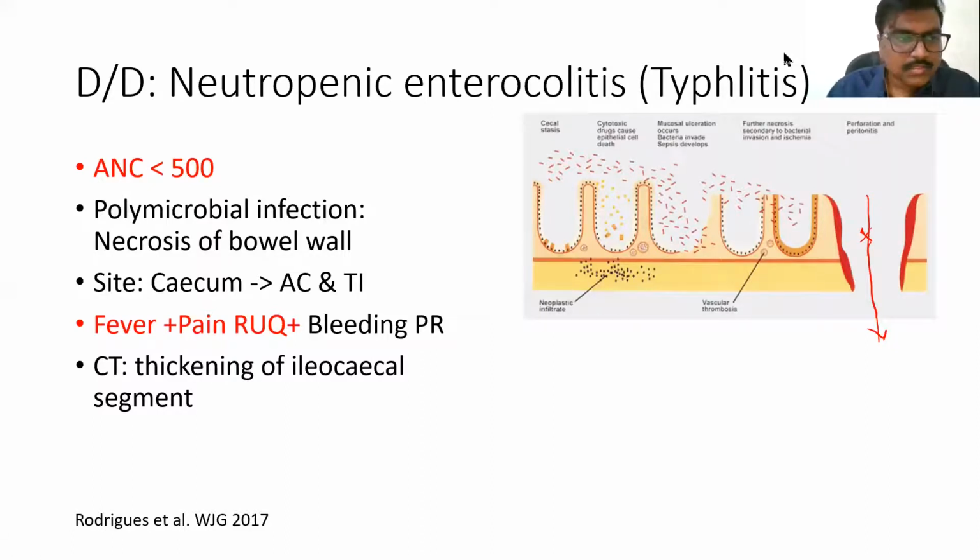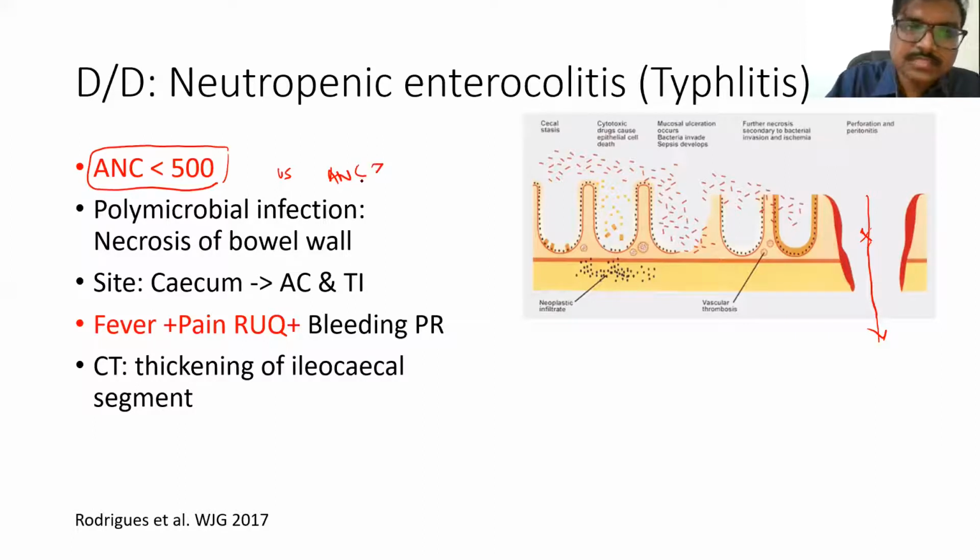So this happens in patients with neutropenia, as the name suggests. So ANC should be less than 500. In contrast to GVHD, where GVHD occurs when ANC is usually more than 500, that means the engraftment should have taken place. Then only these donor T cells mount the response. So this is immune mediated damage, whereas neutropenic enterocolitis is a direct microbial injury and sepsis.